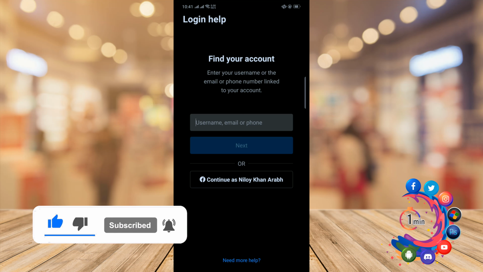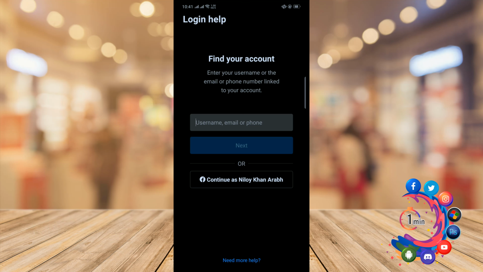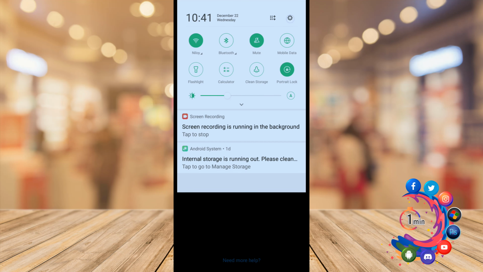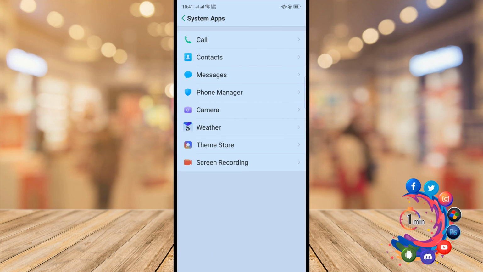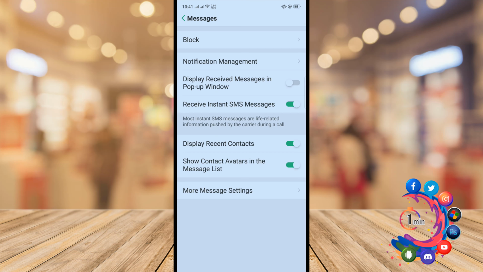First of all, open your phone settings and scroll all the way down to the bottom, then you will find System apps. Click on it and now click on Messages. Click on the toggle Receive instant SMS messages, turn this off and turn it on again, and after that click on